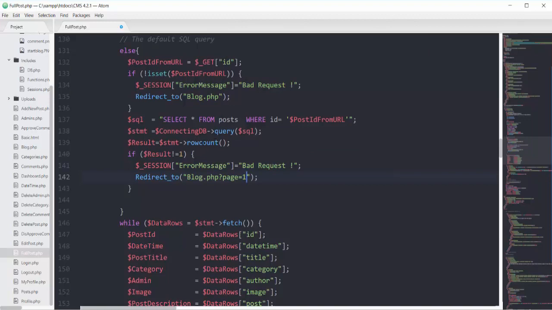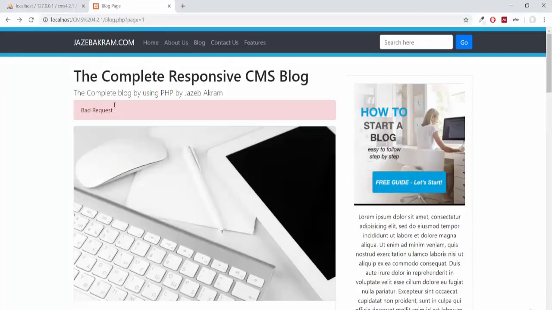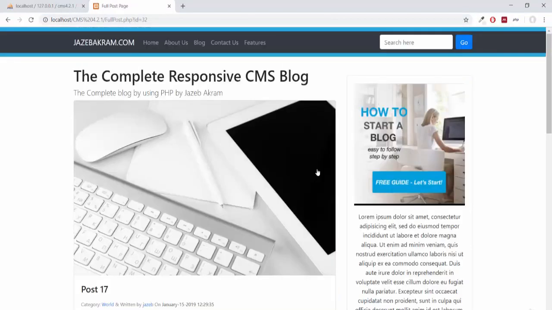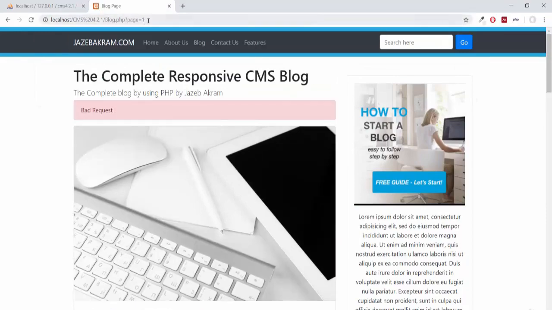I just added this row count. If the row count is not equal to 1, then you should have this error message. If I save this, this is the fullpost.php file. If I refresh my page, you can see bad request now. Let's try it again. Read more, removing this 32 and making it 9. Bad request.